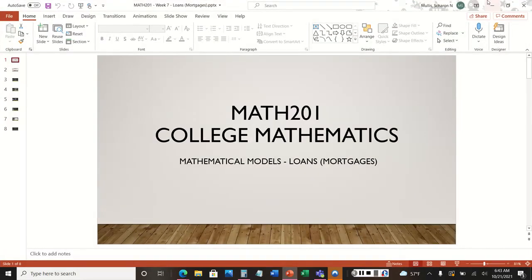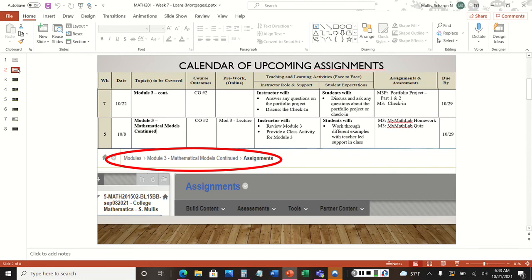Okay, in today's video, we're going to be discussing mathematical models, loans, and in relation to the loans, we're going to be discussing mortgages. But before we get into the discussion and the examples, I want to go over the